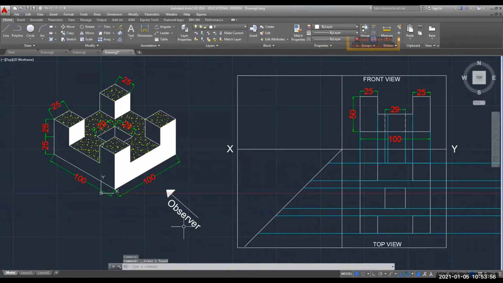I'm going to delete these lines. From this side also, I will do the same step. I will delete this portion. And these unwanted lines also, I want to delete. Just select it and press the delete key of your keyboard. Here you can see the blue lines and white lines are overlapping.